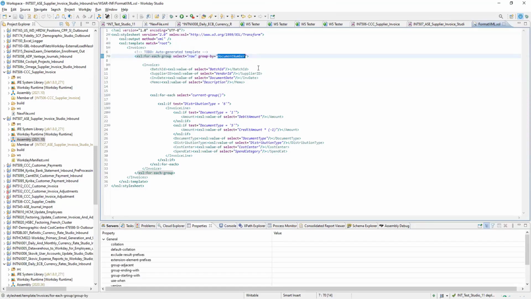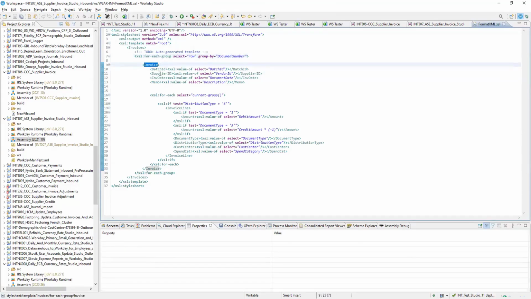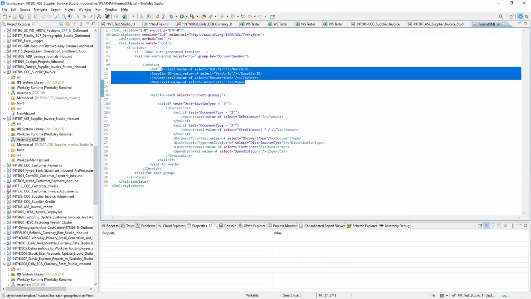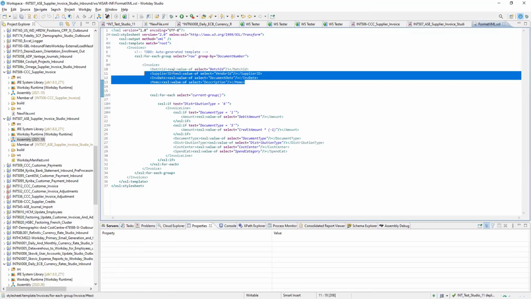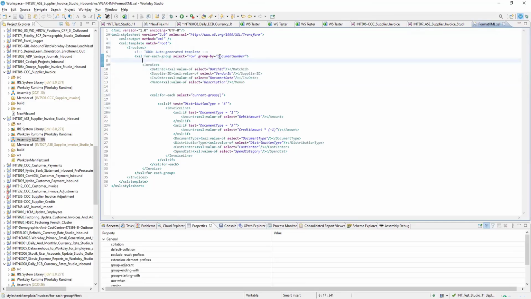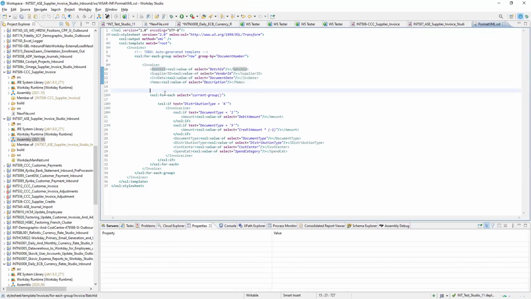Document number here is nothing but the invoice number. So if the invoice number matches, then it will come. It will become one invoice, and in this I have the batch ID, supplier ID, date and memo, and these are common. So for all the rows which have the same number, select this one, and then it will have multiple lines.